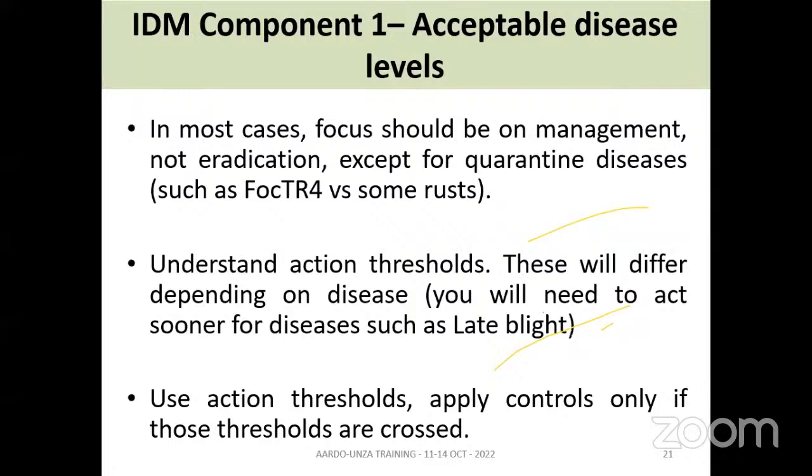There are some cases, and that's why monitoring is very important. There are some rusts which will show up and will not do a lot of harm. So for those, maybe your acceptable disease level might be higher. A higher percentage of diseased plants might be tolerable before you actually have to take action. Also, I've already said this, it will differ depending on the speed of spread of the disease